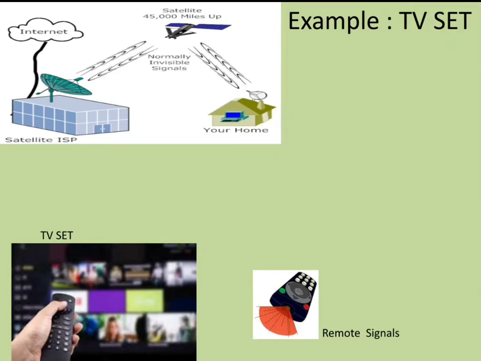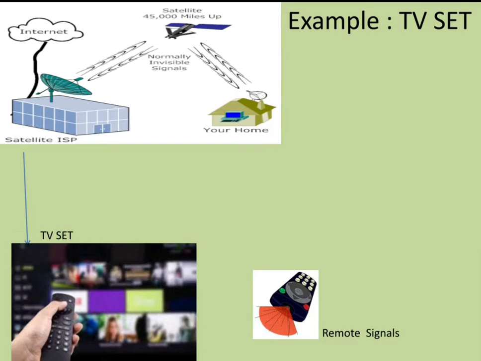See, first of all, why we are having multiplexer with us. See, for multiplexer, I'm taking one example, that is a TV set. We all are having a TV set in our home. Think about it. We are having so many channels in our TV, and that TV is operated with the remote control. Think, so many channels are coming, but we are watching only one. How? See the first diagram.